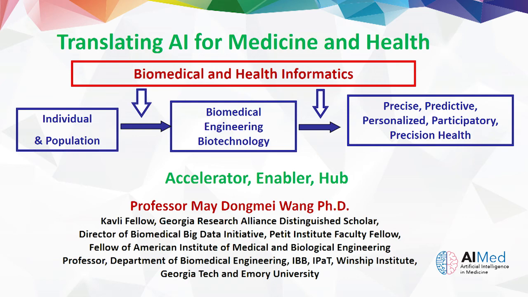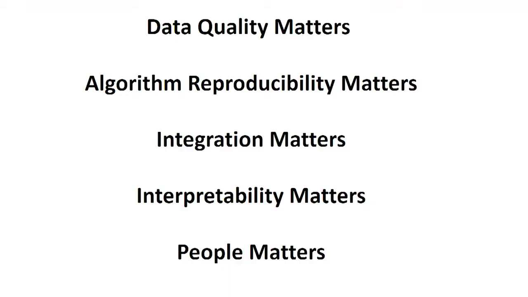So that's the reason why it's very critical, while everyone is talking about AI, to avoid AI becoming another hype in this third wave. We really need to think about how we translate AI to have a successful story, to save millions and billions of people's lives. So that's why, if we come into this, this is what I suggest. Originally, because we're talking about deep learning, I do want to point out that these 5 things are really critical when we're talking about translating deep learning and AI into medicine and health.